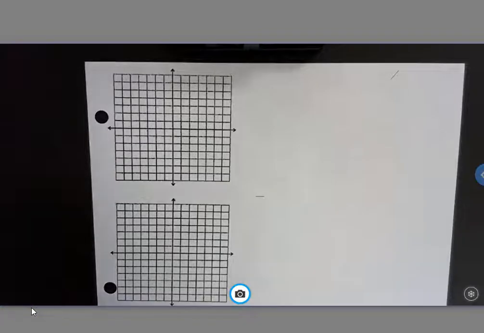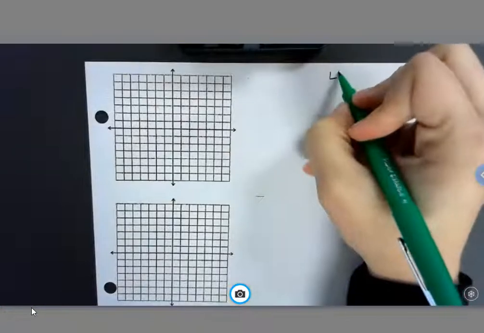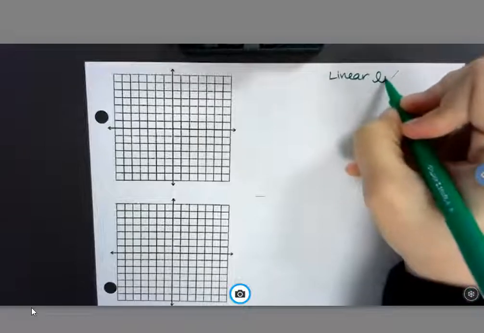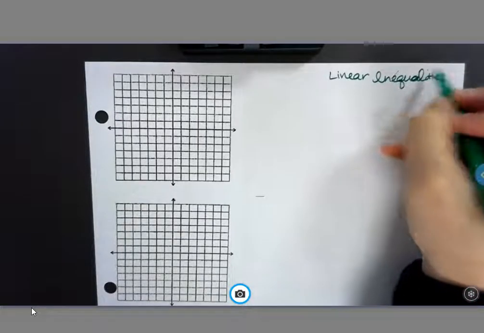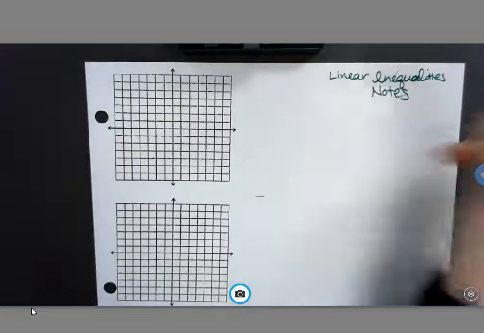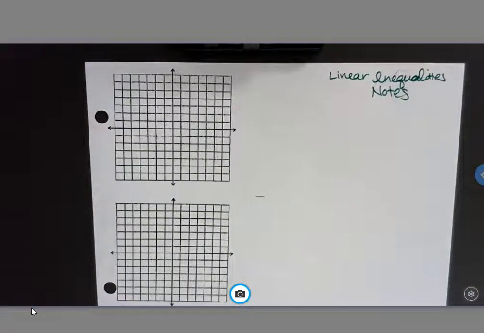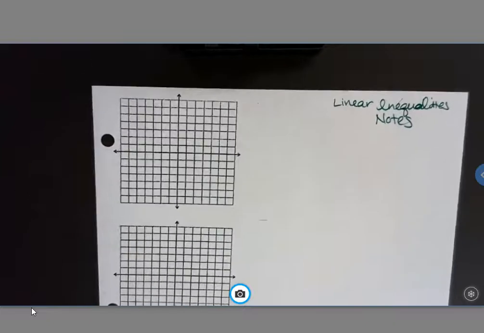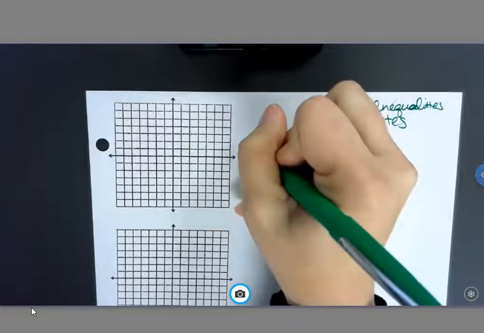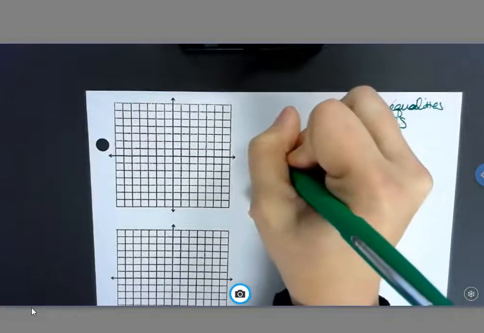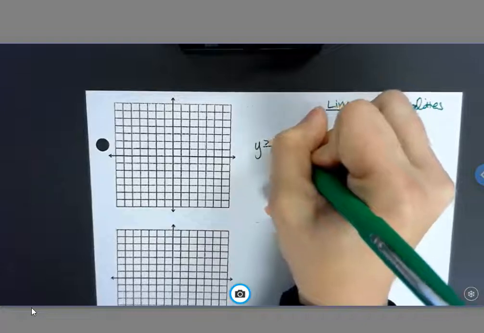All right, guys, we are going to be starting linear inequalities. Okay, so for each of these, they're obviously still going to be a straight line since they are linear inequalities, and then they're obviously going to be an inequality less than, greater than, equal to, or more than or equal to. So on this first graph, we're going to graph y is greater than or equal to negative 1 over